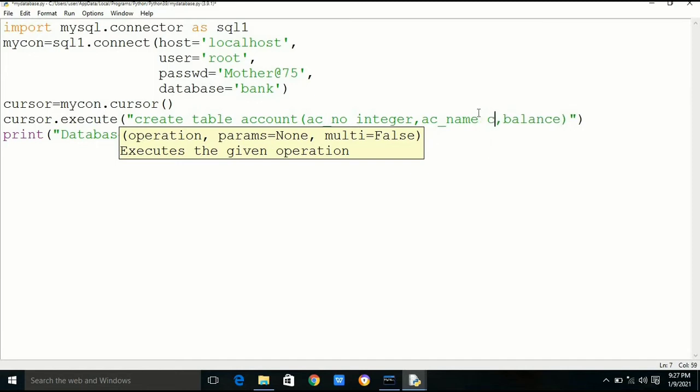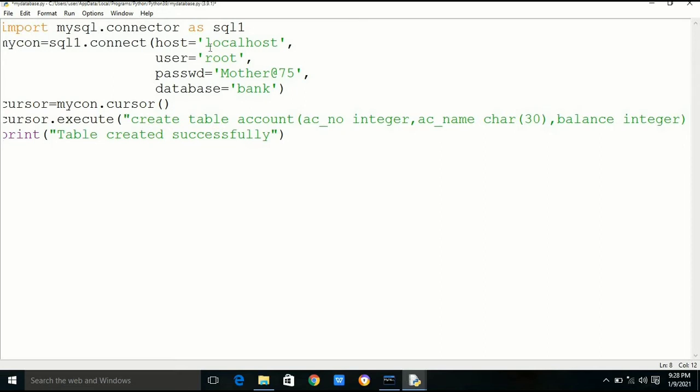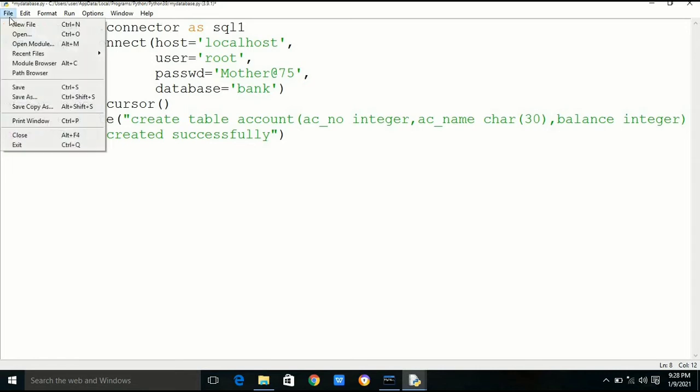We can also declare not null for primary keys. We will print a message, table created successfully, after executing this query. In this way, we can create several tables in the same database.